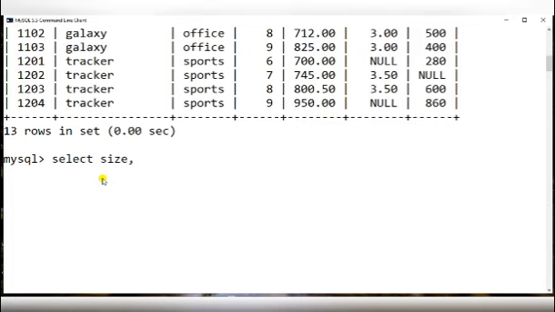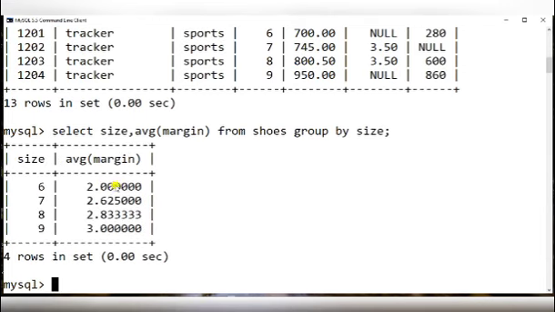Select size, comma, average margin from shoes group by size. According to size we are grouping, and we have selected size so that the size is mentioned here. This is the average margin which is calculated. So for each group, size 6 average margin is this, size 7 average margin is this. In this way it has calculated the values as per a particular group.